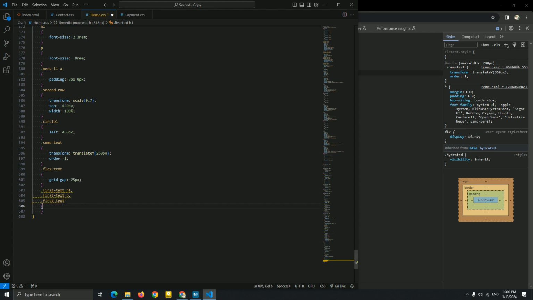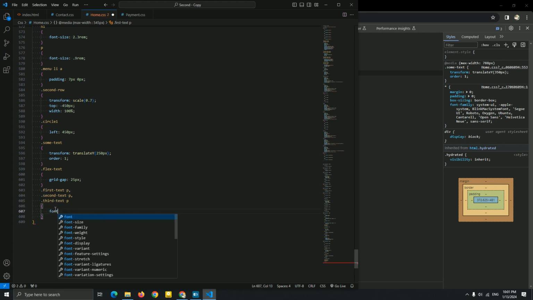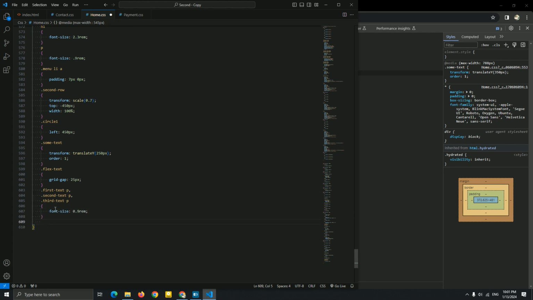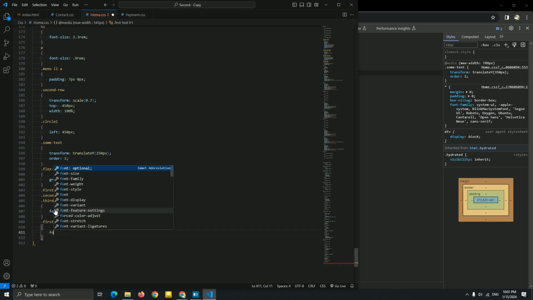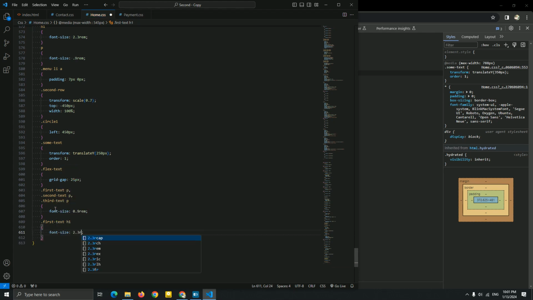I'm gonna add, okay, first text, second text, and the third text. I'm gonna add font size 0.9 rem. Okay, and the first text H1, I'm gonna add, I'm sorry guys, font size 2.3 rem.